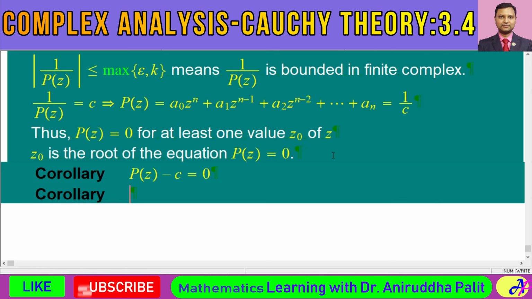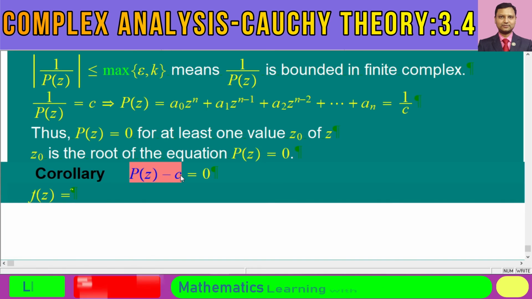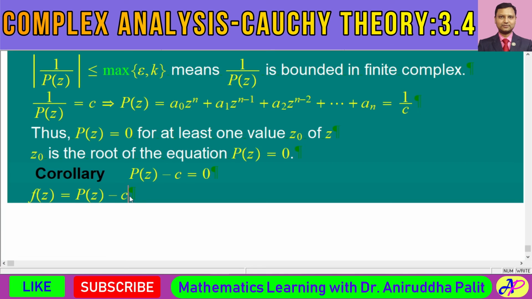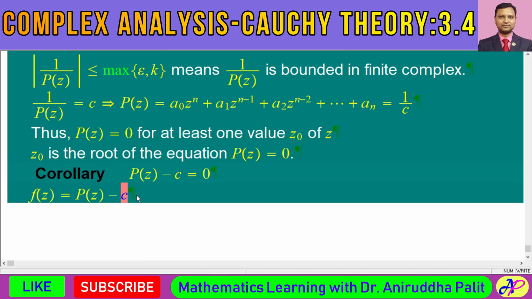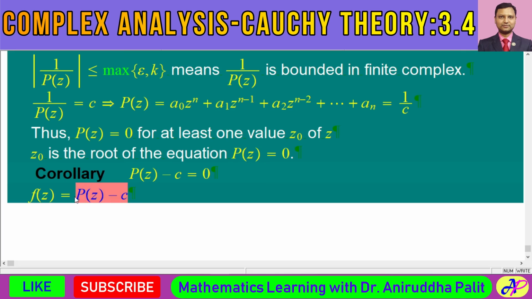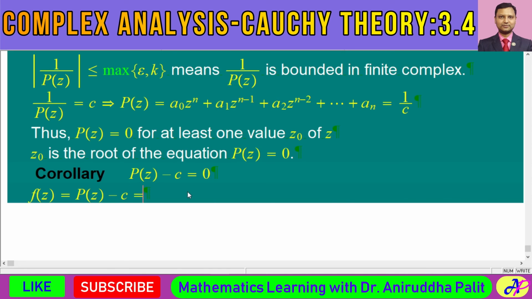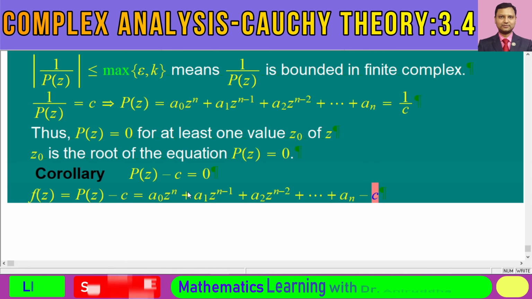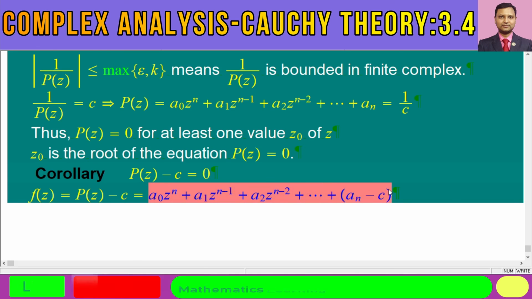Now, in order to prove this result, you see, if we consider f of z equal to this p of z minus c, if p is a polynomial function, then subtracting a constant, maybe a complex constant, p of z minus c would remain a polynomial quantity. This kind of expression, just like this, minus c, nothing else, just the constant value will change. It will remain a polynomial quantity, and again